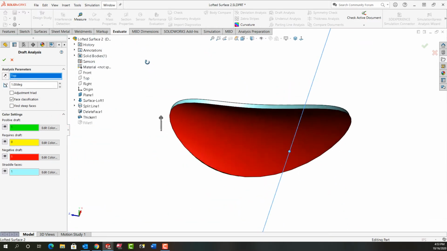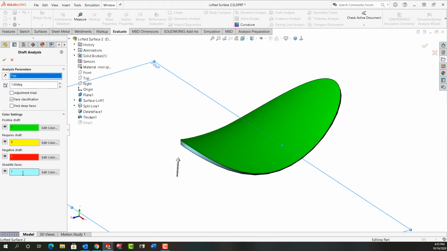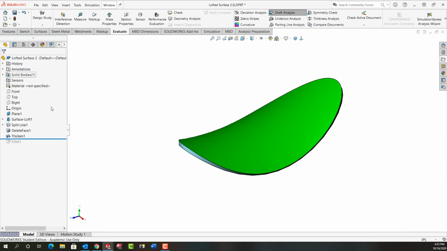So if we look around here for a casting environment, it's not bad. These straddle faces should be fixed, but we can add the full round fillet, which we will, to correct them, or we could add a mold parting line roughly in the middle of this, or top edge or bottom edge to correct that. So I'm going to say OK at this point, then I'm going to roll the bar down